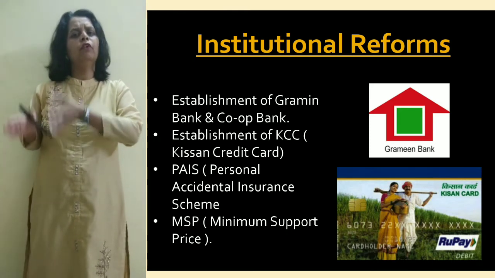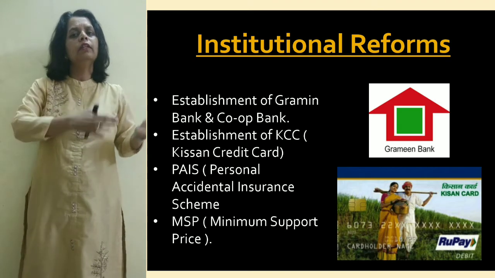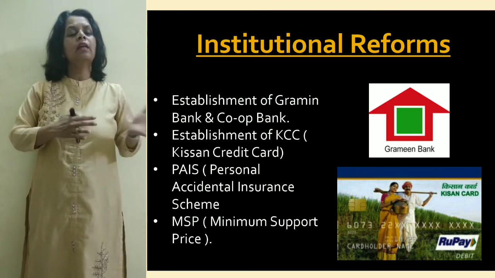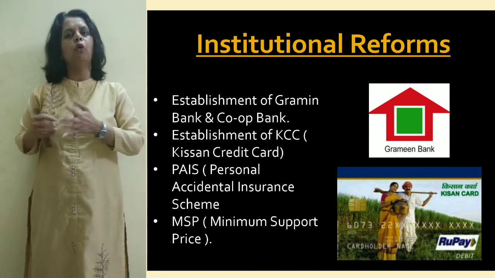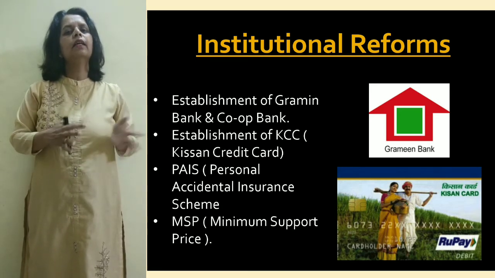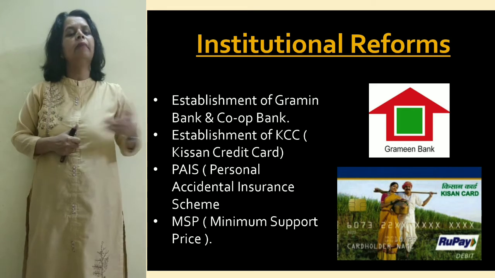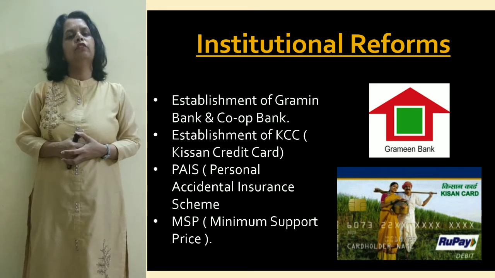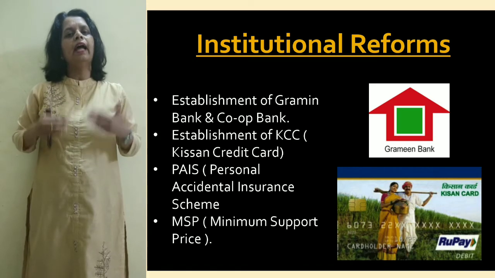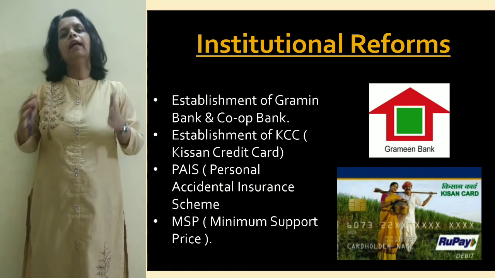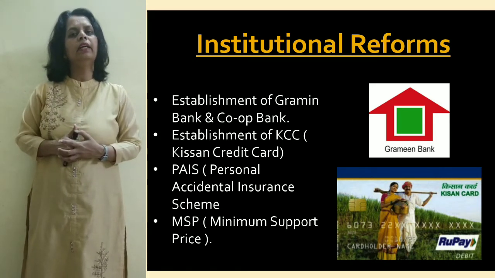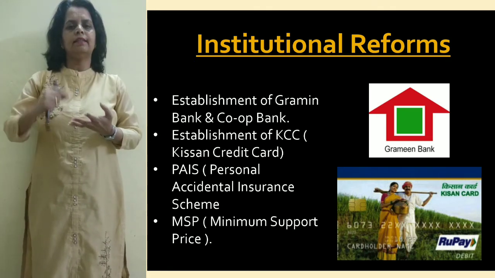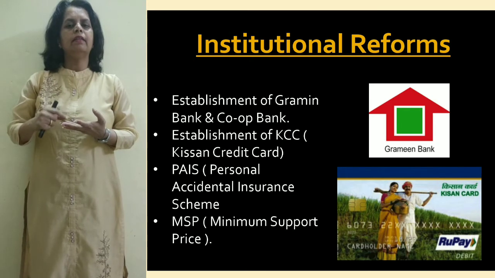So to avoid such type of situation, to avoid the exploitation by the money lenders, the government has led to the establishment of Grameen banks and the cooperative sectors. Now you will see if these types of sectors and banks will be set up, easy loan facilities will be provided to the farmers, and this will enhance their productivity and the situation of the farmer to a very great extent. The next point is establishment of KCC, that is Kisan Credit Card,